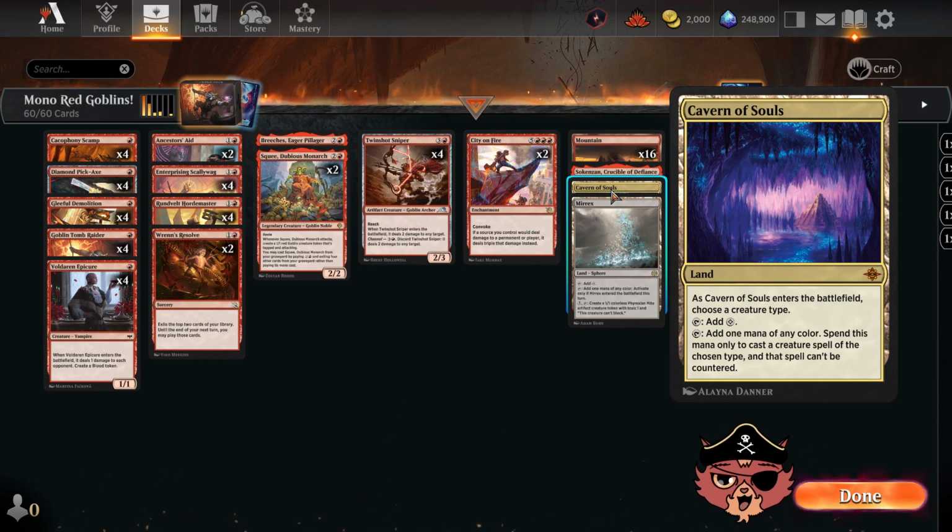So as it enters the battlefield, you choose a creature type. You're choosing Goblins, obviously. So you can tap it for a colorless, or tap it, add 1 mana of any color, spend this mana only to cast a creature spell of the chosen type, and that spell can't be countered. Nice. So maybe we even want more of these depending on how many counterspells we end up running into,